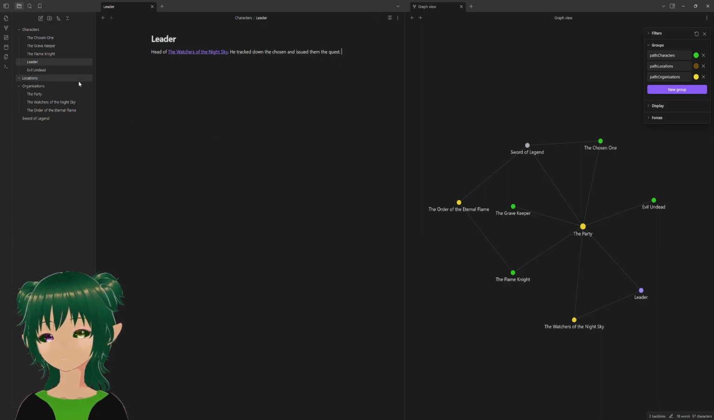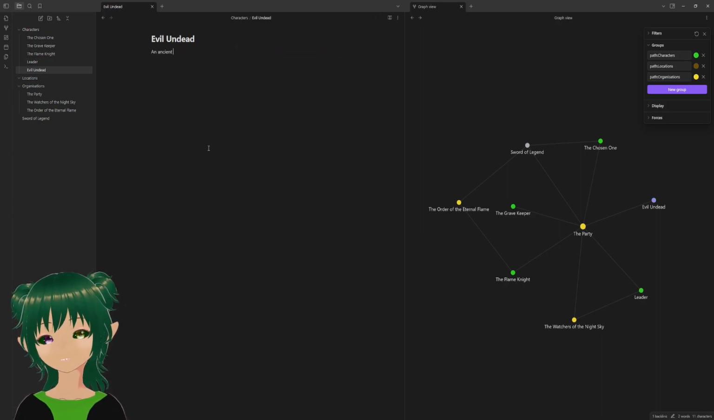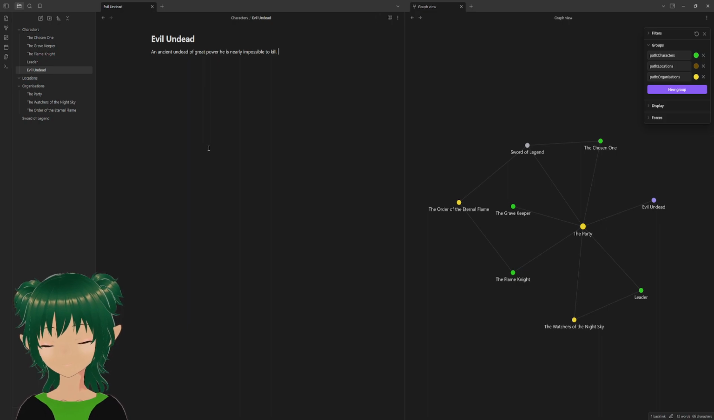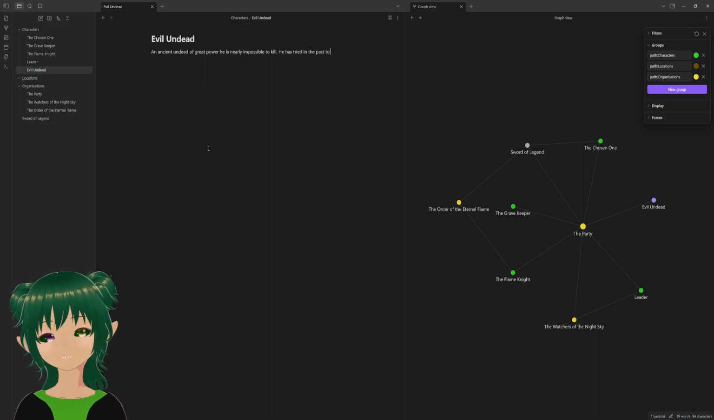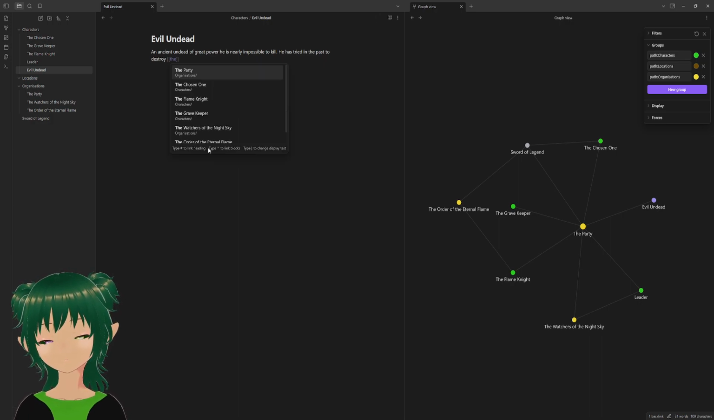Yes. Okay. The evil undead. An ancient, because of course it is, an ancient undead of great power. He is nearly impossible to kill. He has tried in the past to destroy the